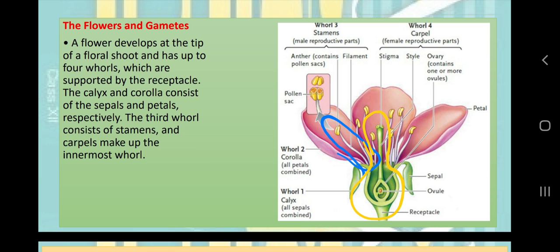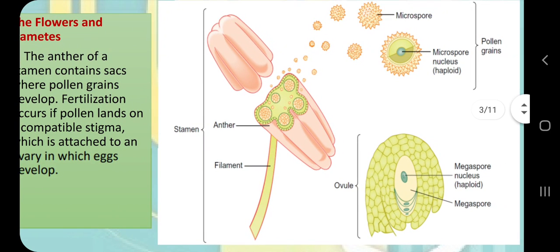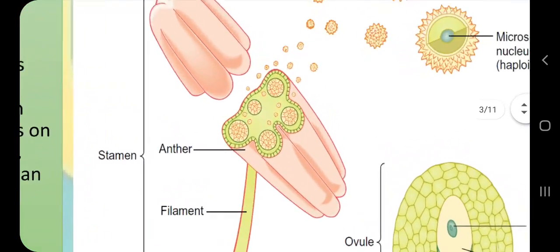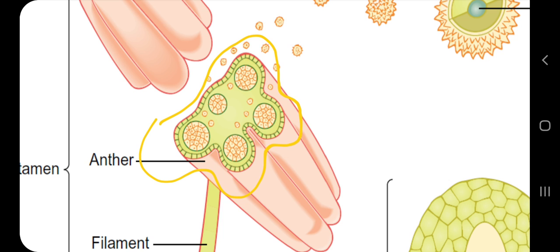Now when we study the male reproductive part, we will find this type of anther and filament and connective between them. So when we cut this anther, this diagram, this section is also given in our NCERT book in quite detail. This is very important from the examination point of view also, this diagram, which has pollen sacs or microsporangia.